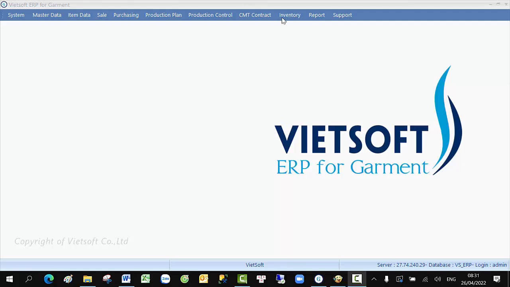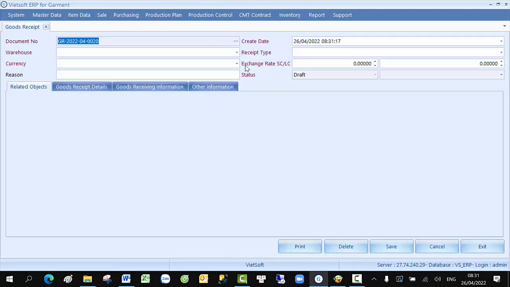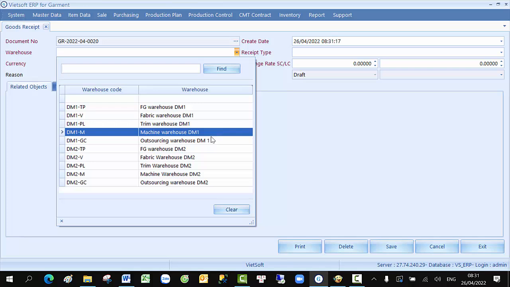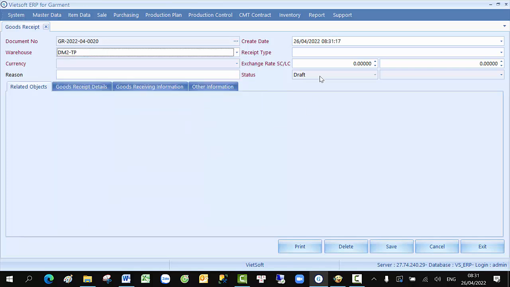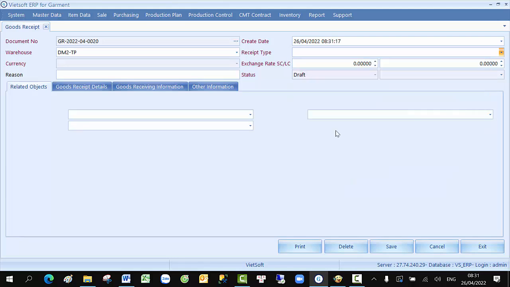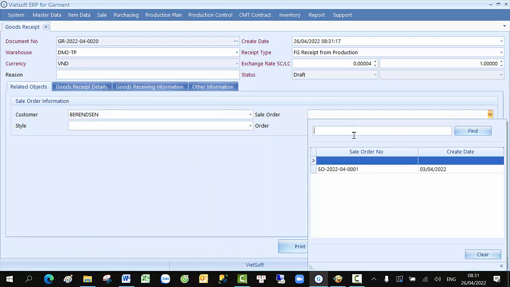We have issued materials to production, now we receive finished goods from production. You go to inventory menu, and then select menu goods receipt. You select warehouse, select goods receipt type, finish goods receipt from production, and then, in the first tab of this interface, you select customer, sale order,